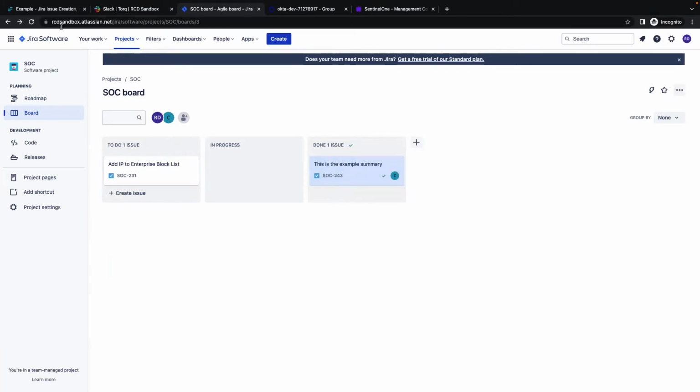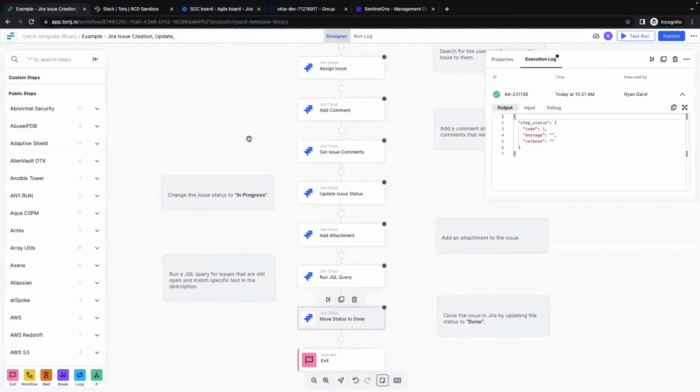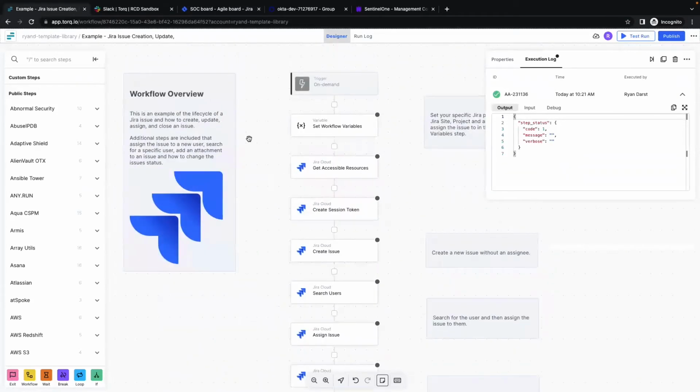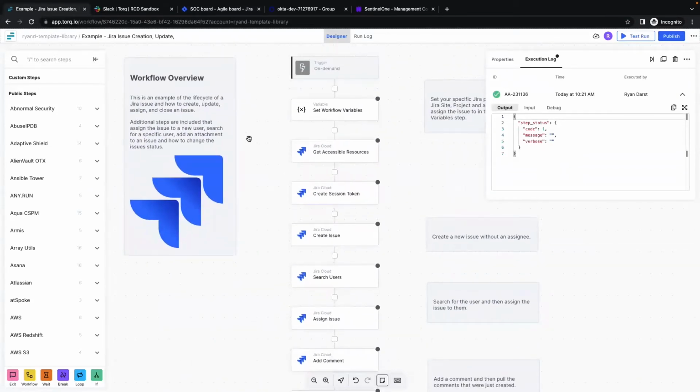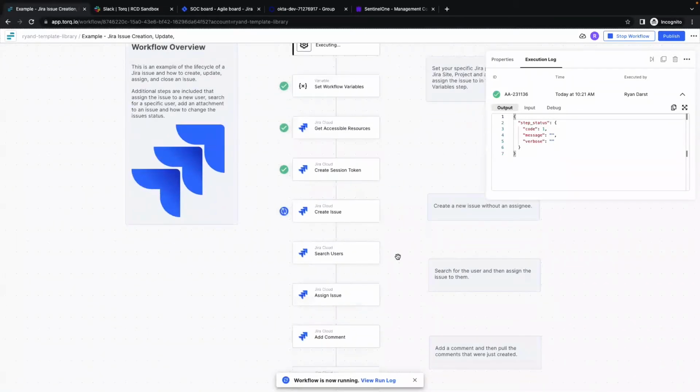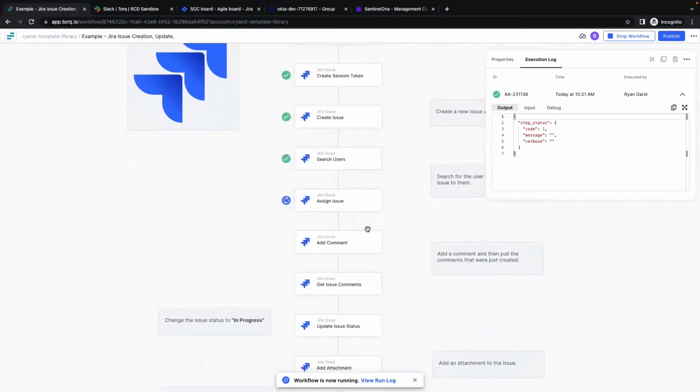Now if I want to go back, let's run this entire workflow from the top. There's no dependencies on anything else. We'll just create another ticket within Jira. I'm going to hit the test run button. And what this is doing for me is it's going to run each one of these steps one by one in series. We'll see that it's going to create a new issue. It's going to search